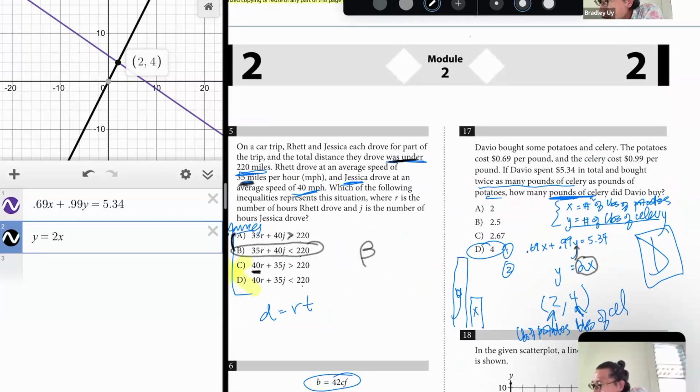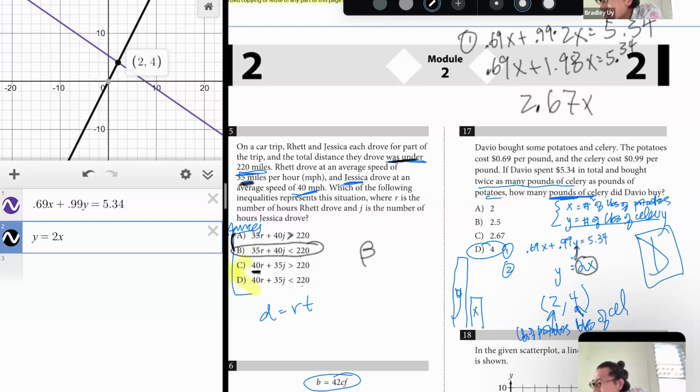So rewriting equation 1 up here, I would have 0.69x plus 0.99 times, instead of writing y, I'm going to write 2x, equals 5.34. This is 0.69x plus 1.98x equals 5.34. Okay, simplifying the left side, I have 2.67x equals 5.34. This assumes that x